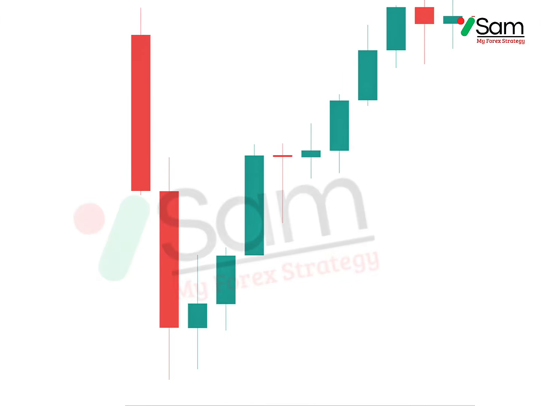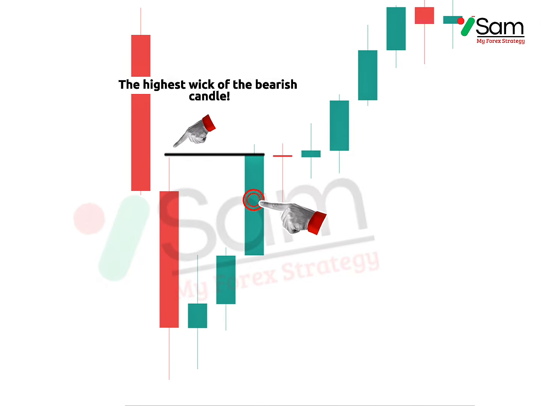Take another look, bro. Here we have one bearish candle that looks like it is covered by three bullish candles. The question is, does this already qualify as a bullish engulfing? The answer is not valid yet. Why is it not valid? Look closely. The third bullish candle has not broken out the high of the bearish candle's wick. That's why Sam says this is not yet a valid bullish engulfing.